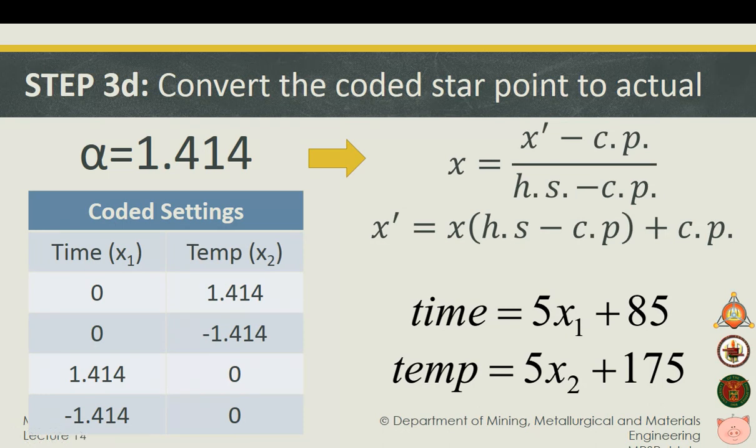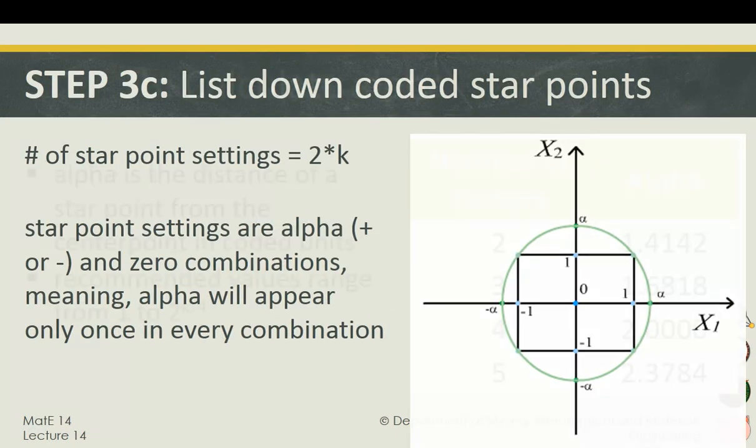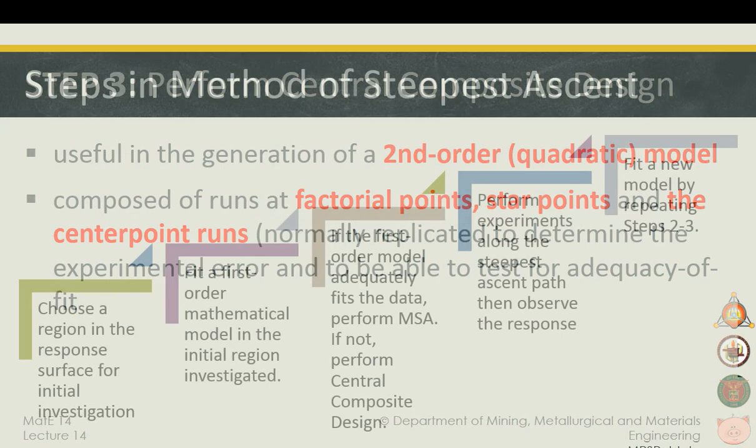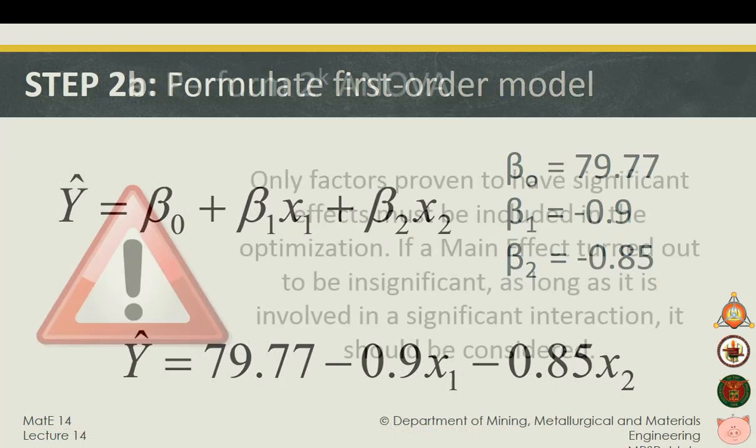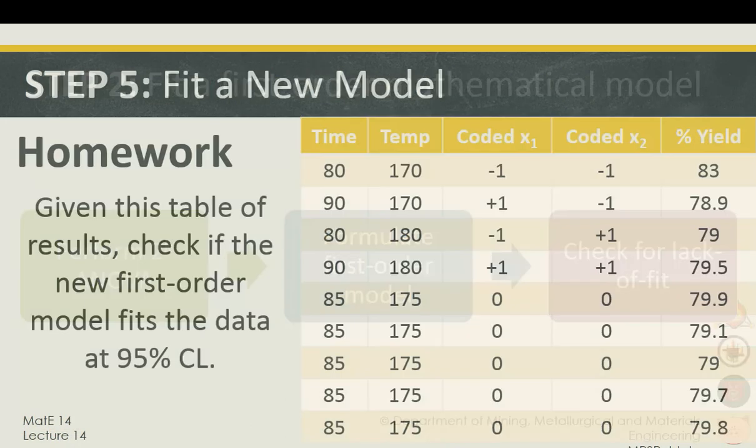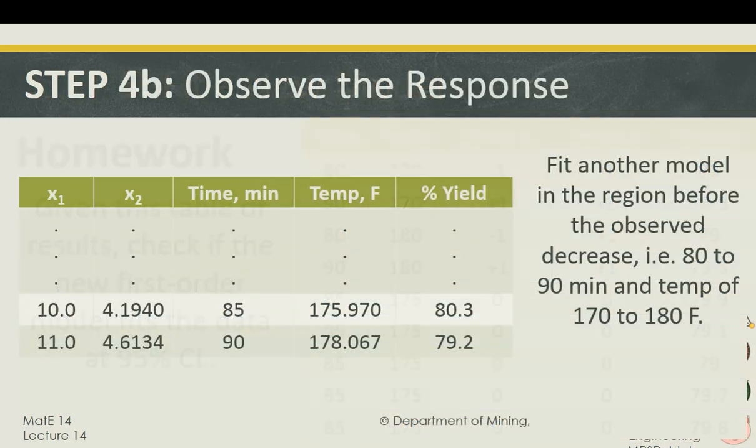Okay, so let's just look back at the data we have now. Let me navigate back. If you remember, we were doing MSA and we actually ended with the 11th run. If you look at the 11th run, the yield actually dropped from 80.3 to 79.2, meaning the model broke down in a sense. So when the model breaks down, we go back to